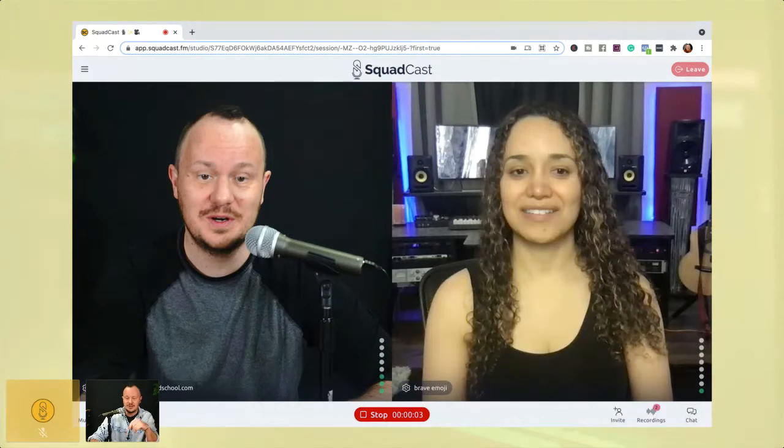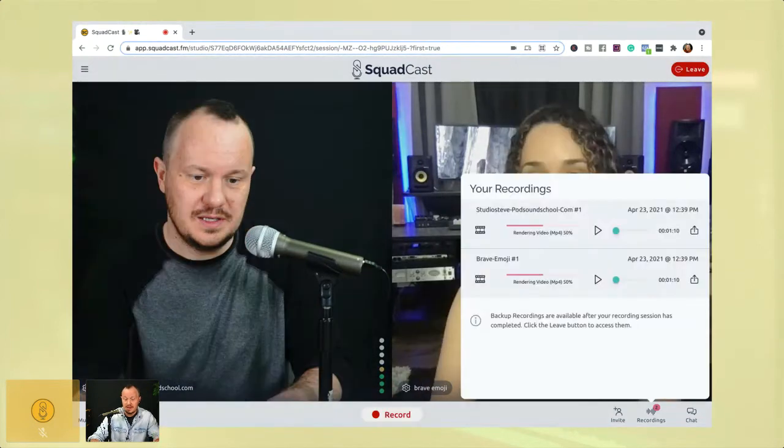And I wanted her to use the camera on her computer for this demonstration, just to see the difference. On the side there, I'm using a Sony camera, which is the camera I'm using now too. So there's all sorts of different camera options you can use with your computer. And then after you're done with that, you press the record button, you press stop there, and your recordings will upload. And once your recordings upload, you can download them.